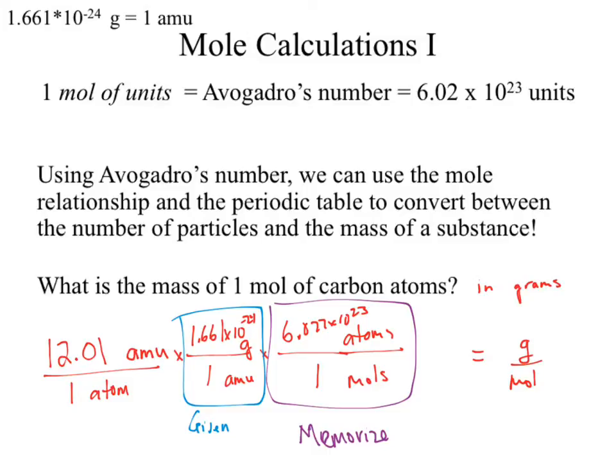12.01 grams per mole. What is the relationship between 1.66 times 10 to the minus 24 and Avogadro's number? They are inverses of each other. They allow you to use everything on the periodic table as grams per mole. So on the test,